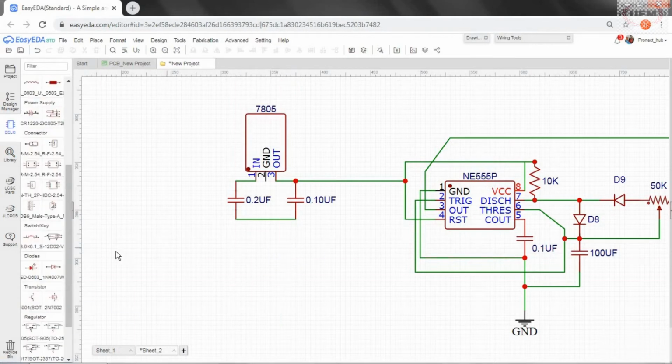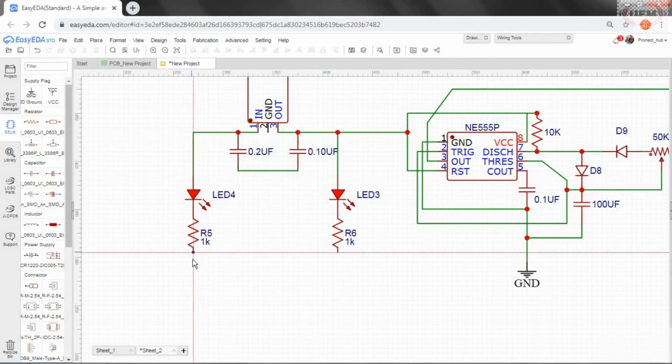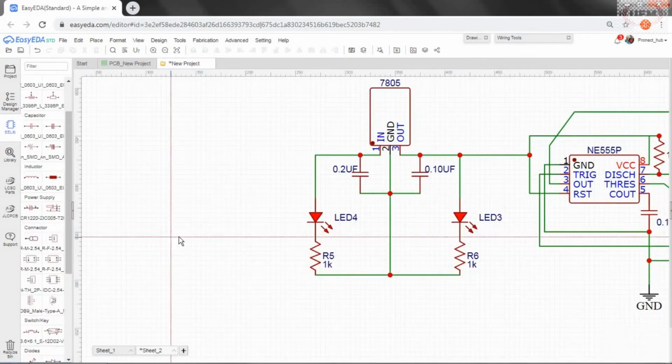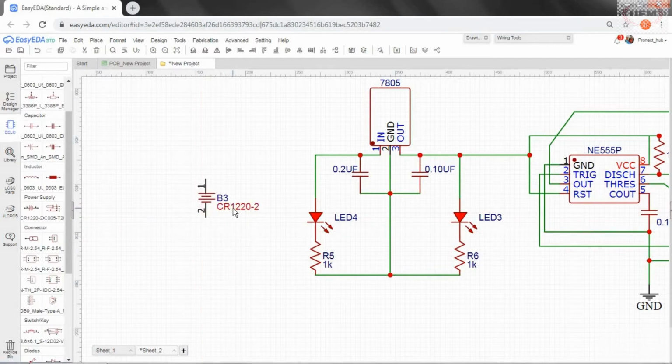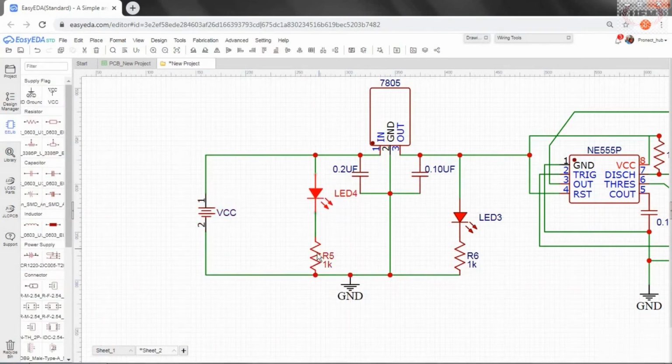The LED3 and LED4, these two LEDs are the additional feature of my circuit. These are working as indicators. LED3 is for 5 volt indication. If the 7805 is not working properly or the output voltage is less than 5 volt, the LED3 will not glow, whereas the LED4 will only glow when my circuit is connected properly to the 12 volt source terminal.